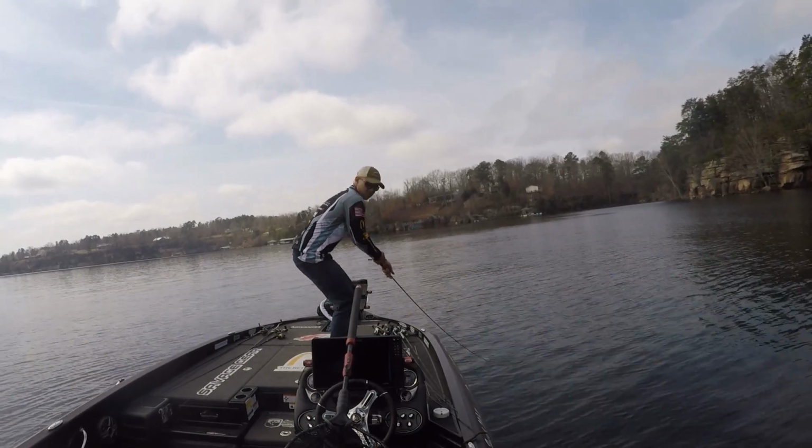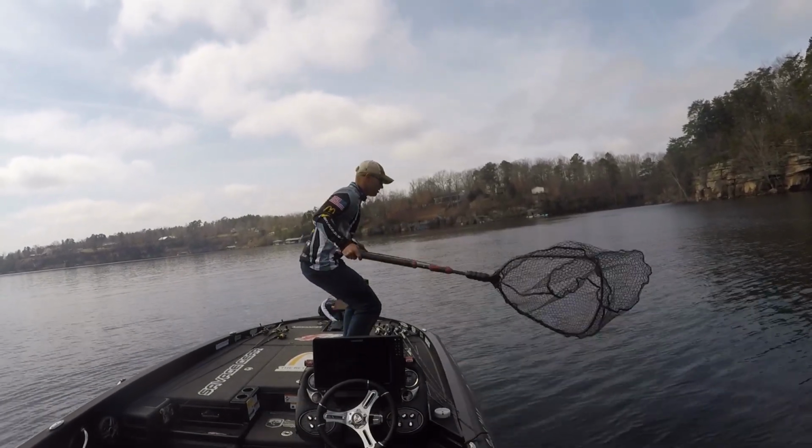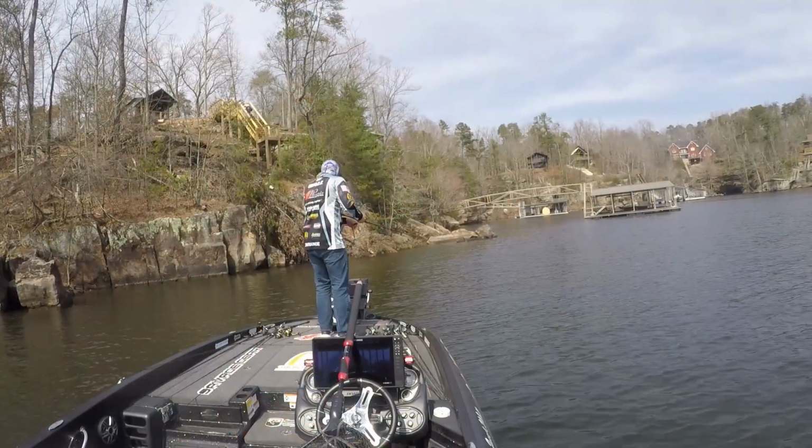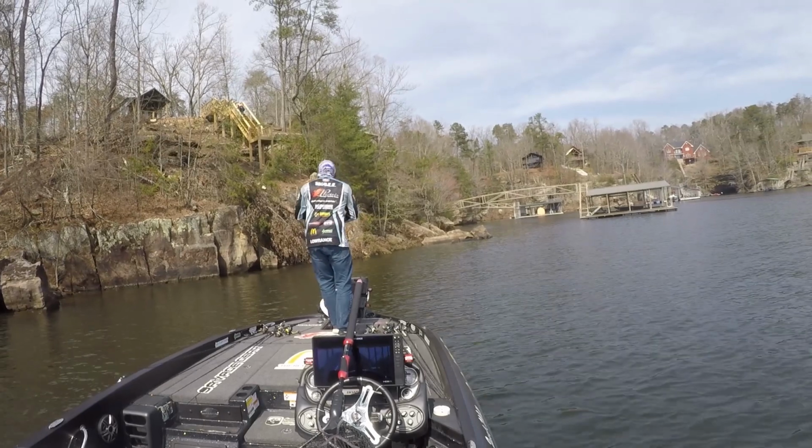And I pulled into a pocket, and there were some big boulders up on the left, and there was a dock, but then between that dock and the next dock, there was that big boulder, and there was some room to get up on the bank and parallel it. And I was like, man, that looks so good. And I rolled over in the inside of that dock, and I kind of scanned it with the Active Target,